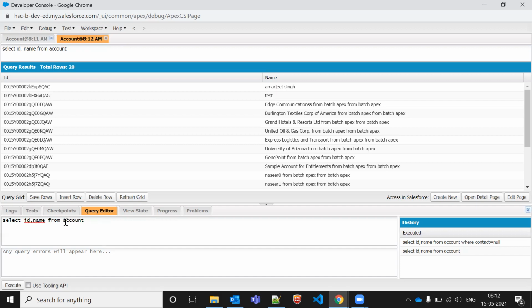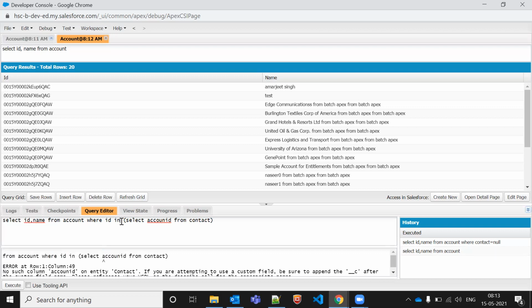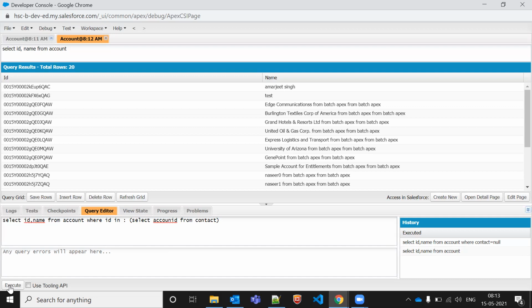So I will add a where clause: where ID in, select account ID from contact.